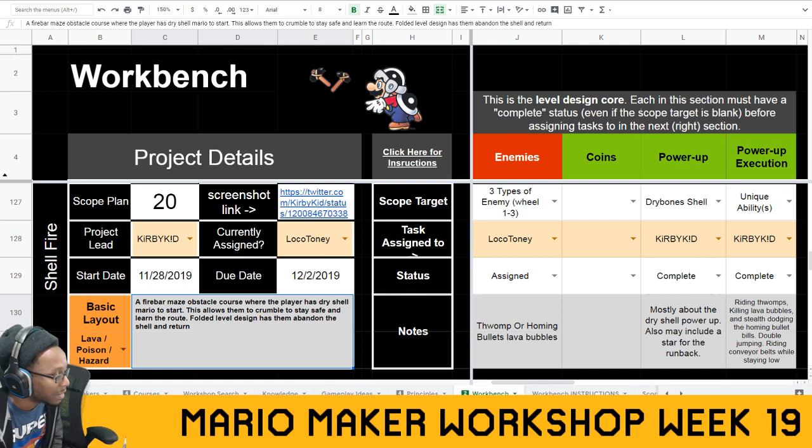So the question is now, how do we develop an idea? What options are available to us? How do we go about that process, right? Well, I think this is the best way to explain it. This is a level that was recently passed from Akamarak to Dr. Haji, and Dr. Haji to Meet Kirby Kid, and Kirby Kid to Bleach. And it recently was released. It's a really cool level,